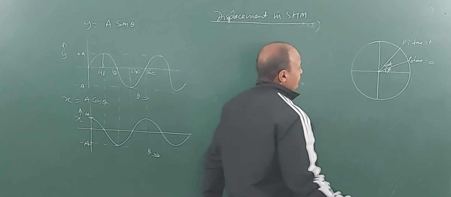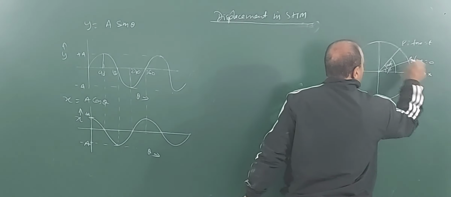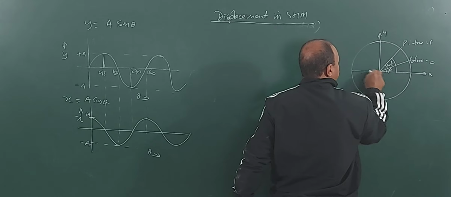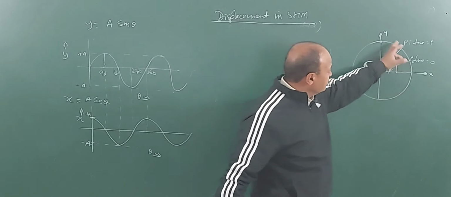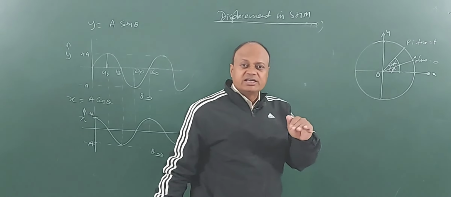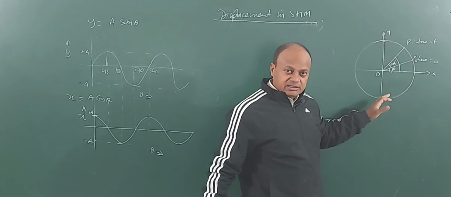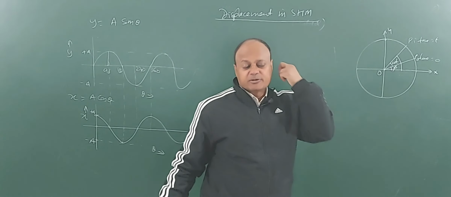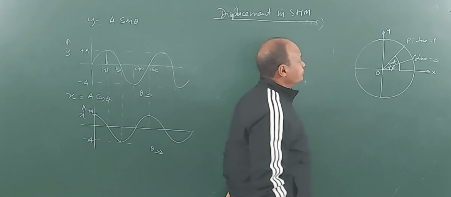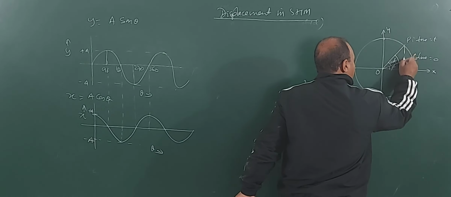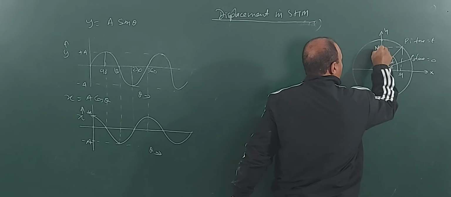So the total angle from the baseline, here is the x axis and this is the y axis, will be omega t plus phi. And you have already done, whenever a particle moves along a circular path, then the foot of its perpendicular oscillates simple harmonically along the diameter, right? So we can calculate displacement along the x axis as well as displacement along the y axis. Okay, I draw a perpendicular here. Suppose this perpendicular is PM and this perpendicular is PN.